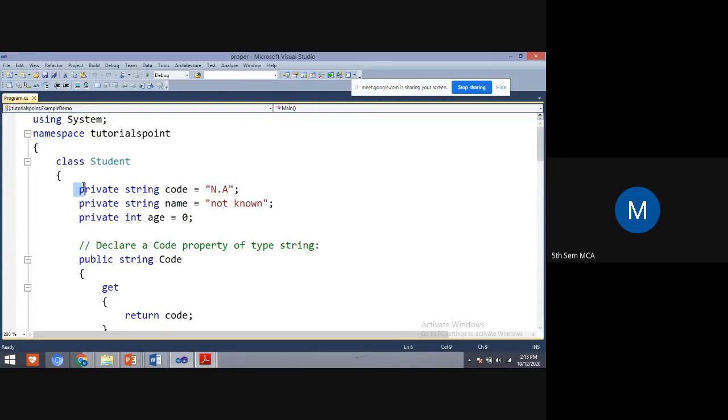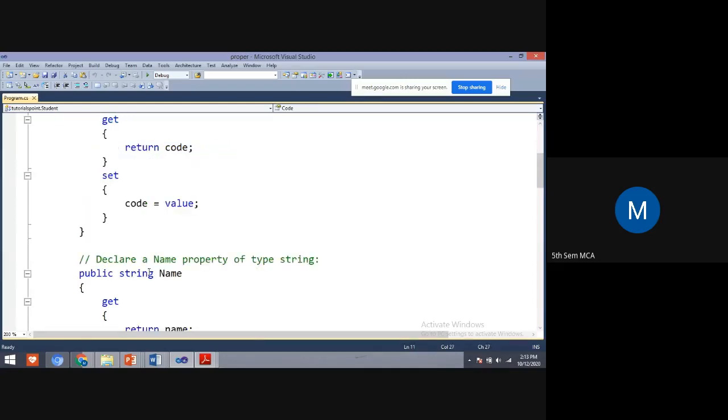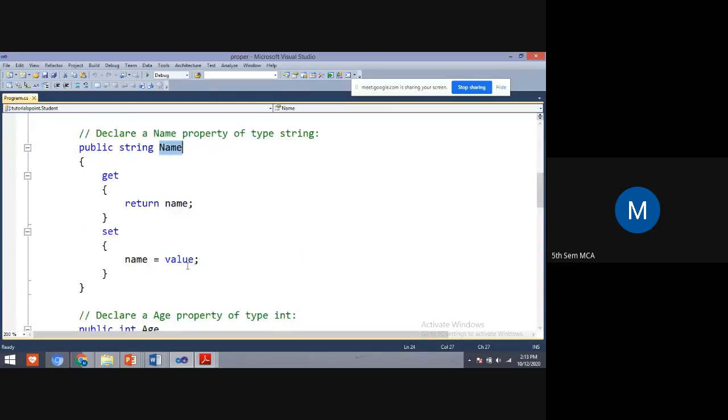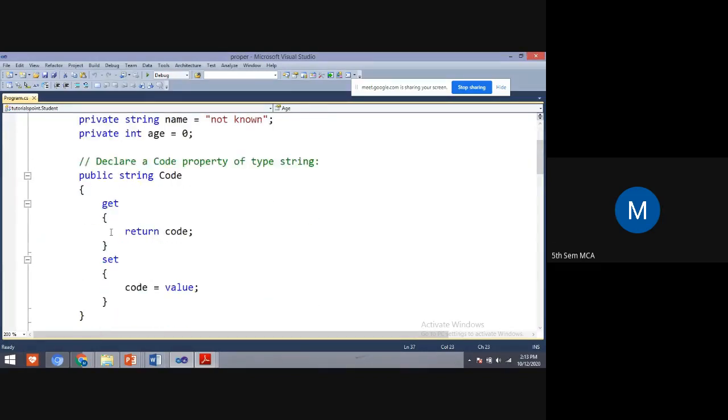Here I have initialized some values for code, name and age. This is a property for code, this is a property for name, and this is a property for age. Three properties I have in this program: name, age, and code. In each property, we are using the set and get methods. The set method is used to assign the value.